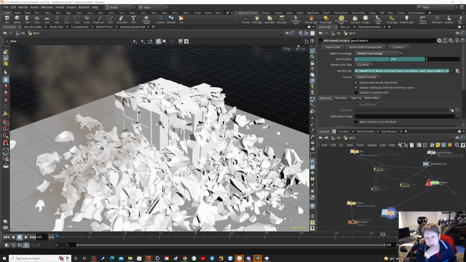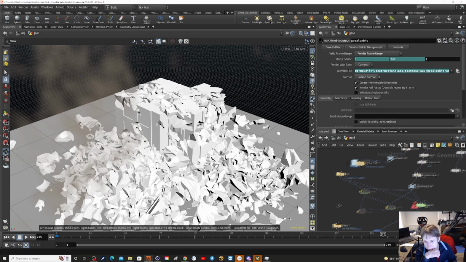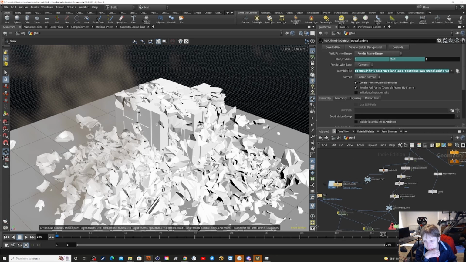That's something to be very much aware of when you've got anything complicated. What I'm doing here to bring this into the DOPNet is I'm not bringing it in from here. I cache it, and I bring that into the DOPNet,